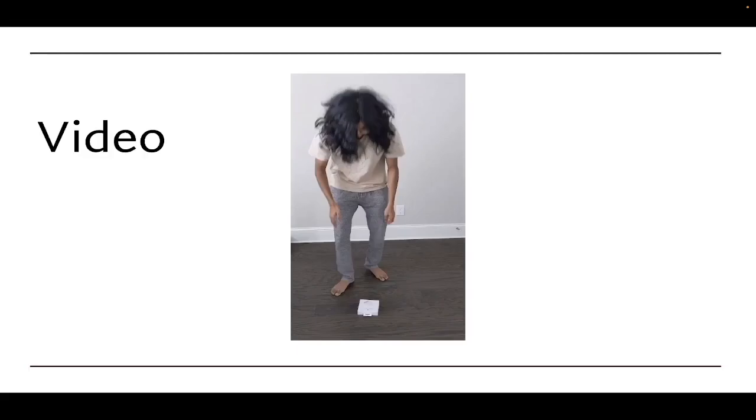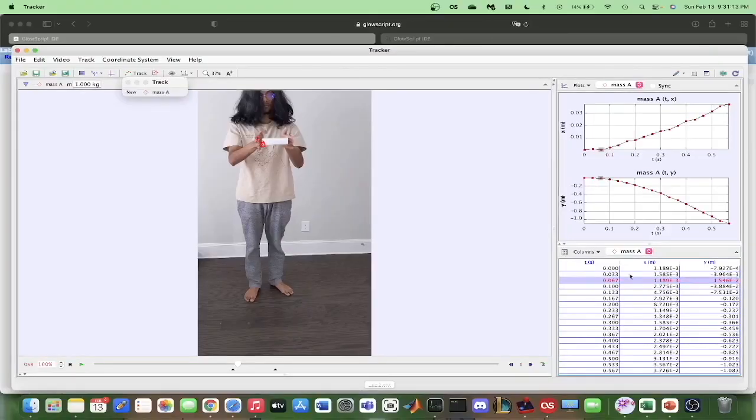After I recorded this video, I analyzed the motion of the object in Tracker. As you can see in Tracker, we can see a graph of the Y position over time. The graph shows that the rate of change of the position over time increases as the box speeds up through time. But near the end of the time, the box reaches a terminal velocity, which results in the change in